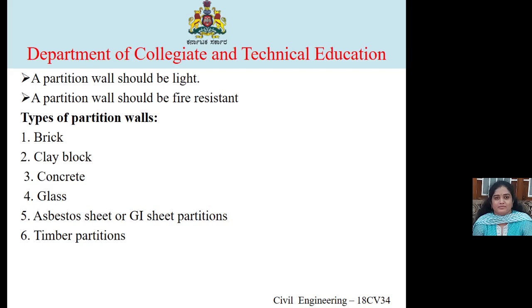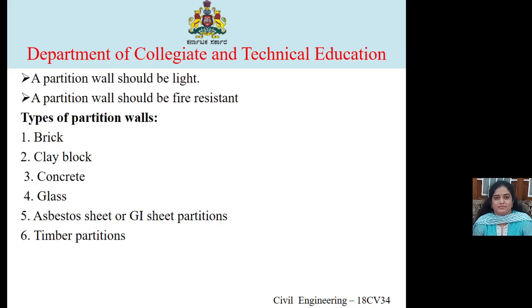Galvanized iron or GI sheets can also be used in place of asbestos in a similar way. The patented slabs of asbestos sheets are also available. They generally consist of two sheets of 10 mm thickness attached to an inner corrugated sheet of thickness about 5 mm. These sheets are placed in position and joined by cement mortar. The surface of the partition can be painted or distempered. This is a better form of asbestos cement sheet partition.